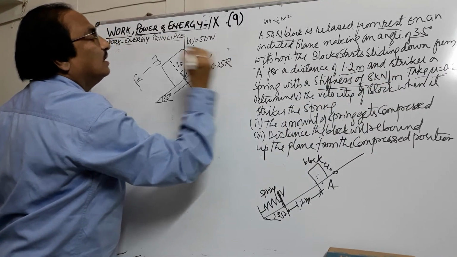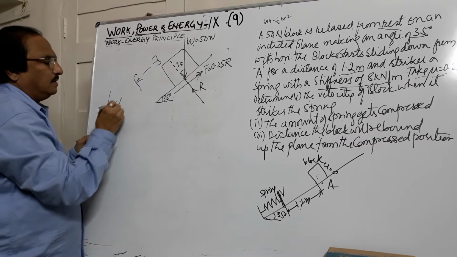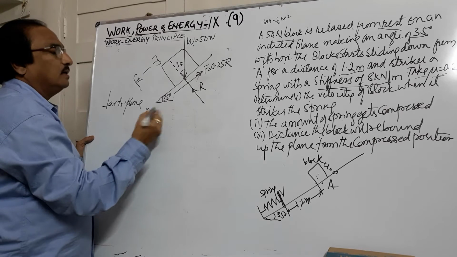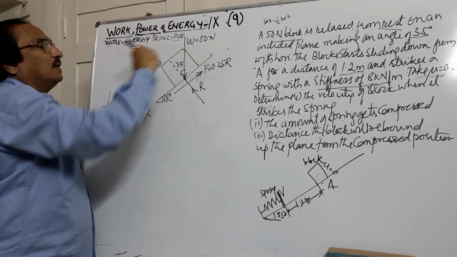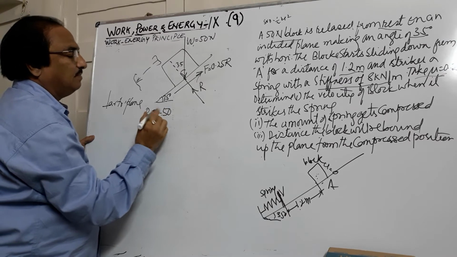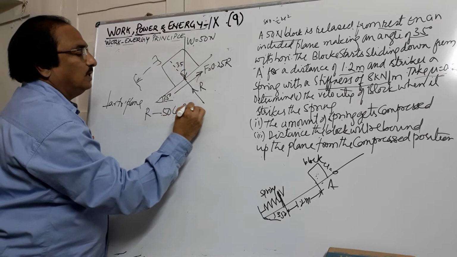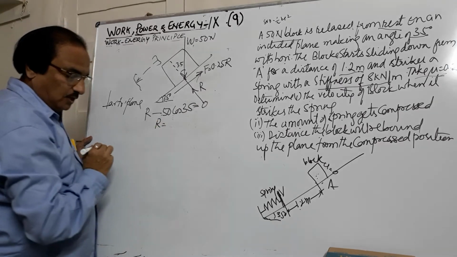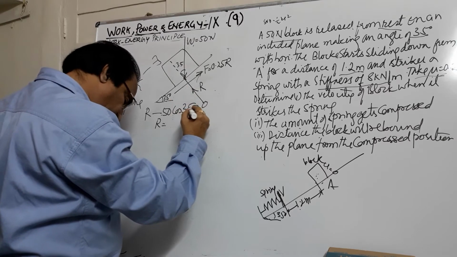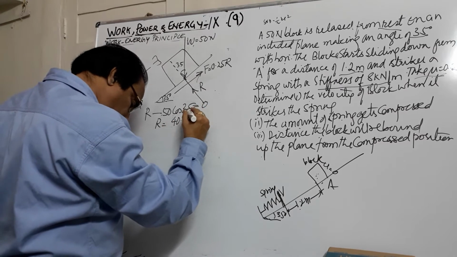So F is equal to 0.25 into R. If I resolve the forces perpendicular to the plane, R is acting up, and the weight component will be down: R minus 50 cos of 35 is equal to 0. So the R value will be equal to 40.958